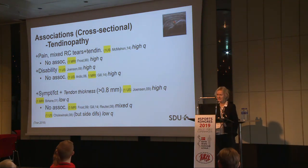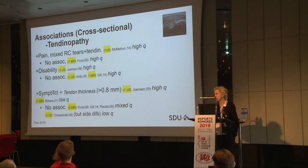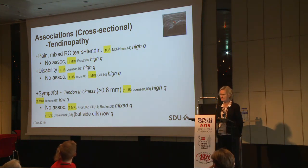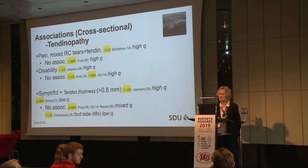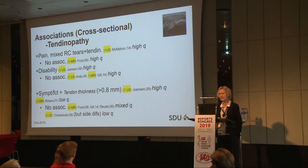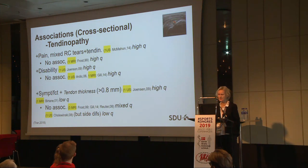Regarding tendinopathy, there was one ultrasound study with a mixed population of rotator cuff tears and tendinopathy that found an association to pain, and that was a high-quality study. But again, there was another study, also of high quality, that did not find this association. Regarding disability, one high-quality ultrasound study found an association, and two other studies, also high quality, did